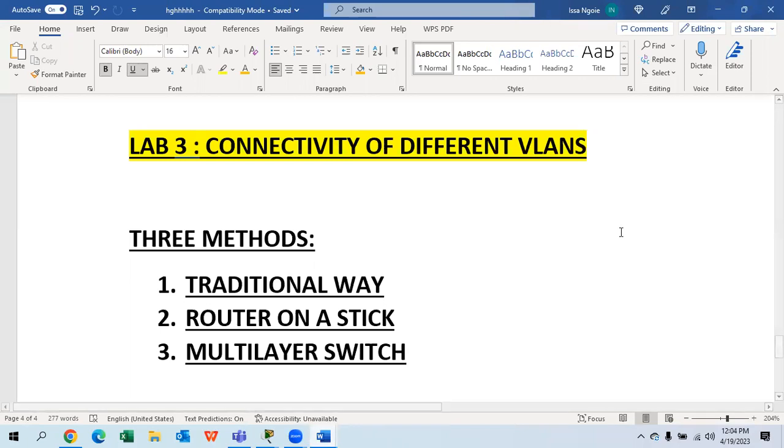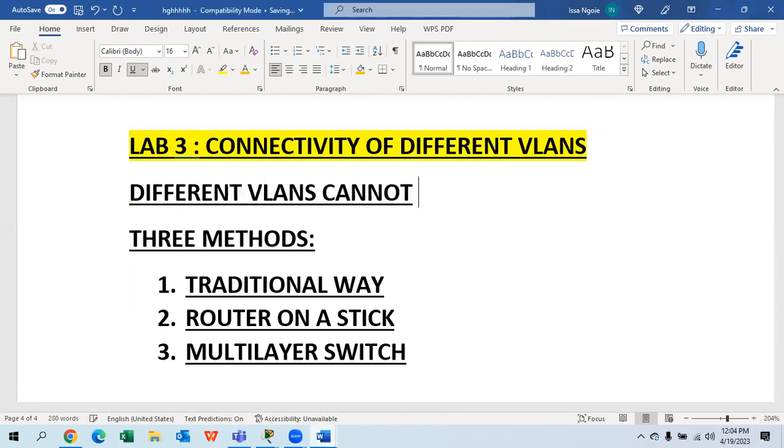What you have to understand is this: different VLANs cannot talk. So when you have, like, a finance network and a marketing network, those two cannot talk